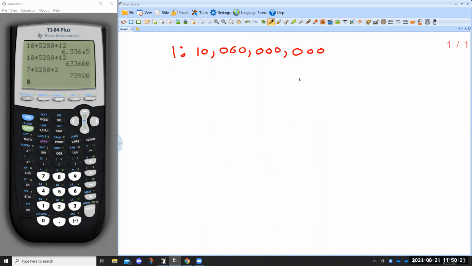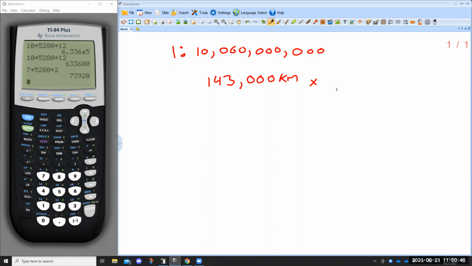The diameter of Jupiter is 143,000 kilometers